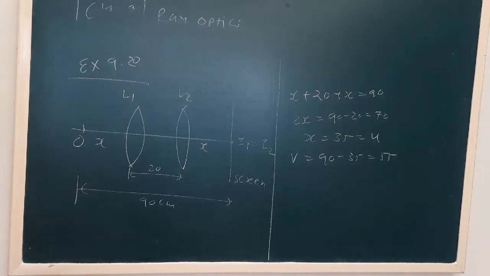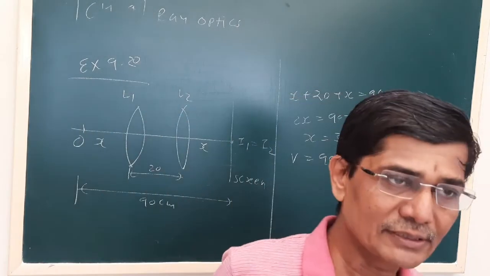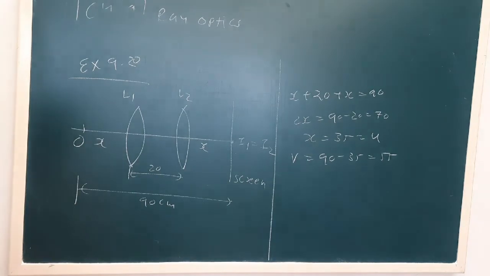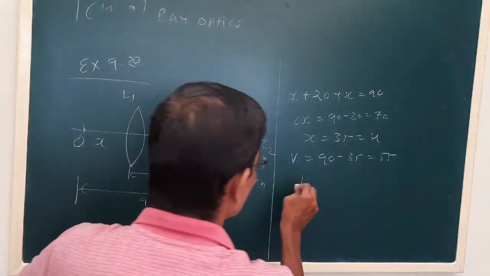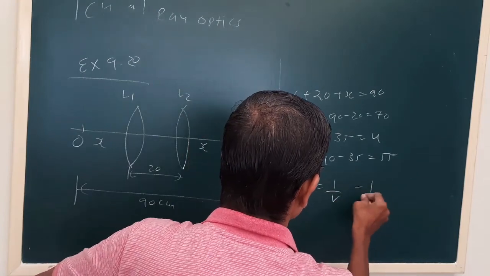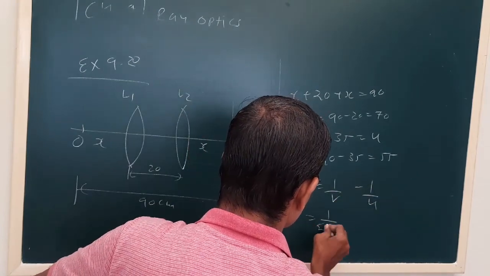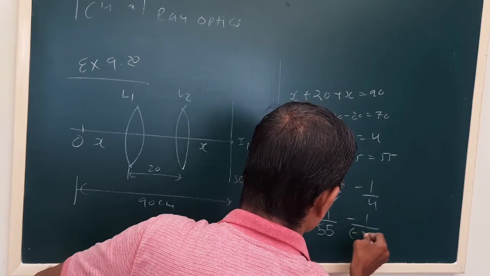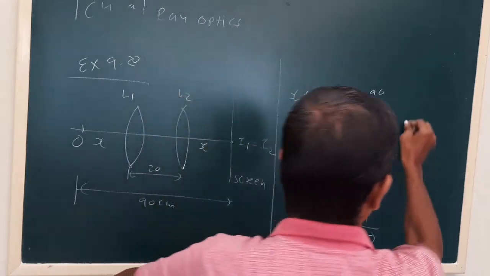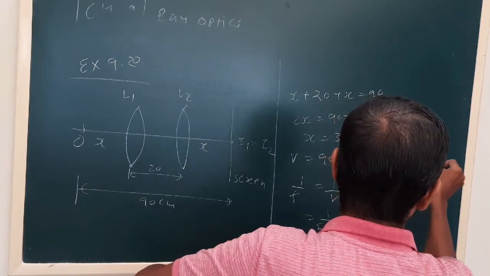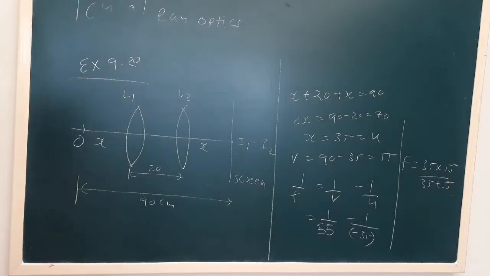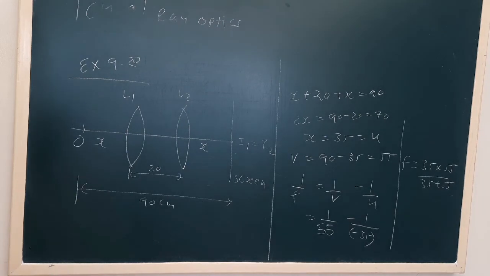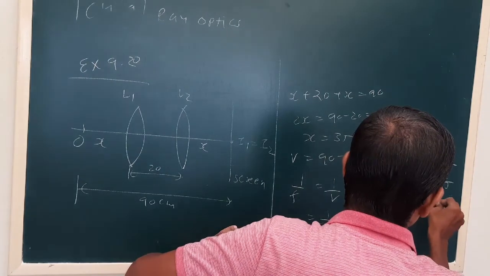Okay, now see, the object and the image are on opposite sides. So naturally for a convex lens, the object distance will be negative and the image distance will be positive. Now we use the lens formula, 1 upon v minus 1 upon u equals 1 upon f, where u we have to take as minus 35. Okay, so if we solve, by using the formula we can obtain the focal length of the lens as 21.4 centimeter.